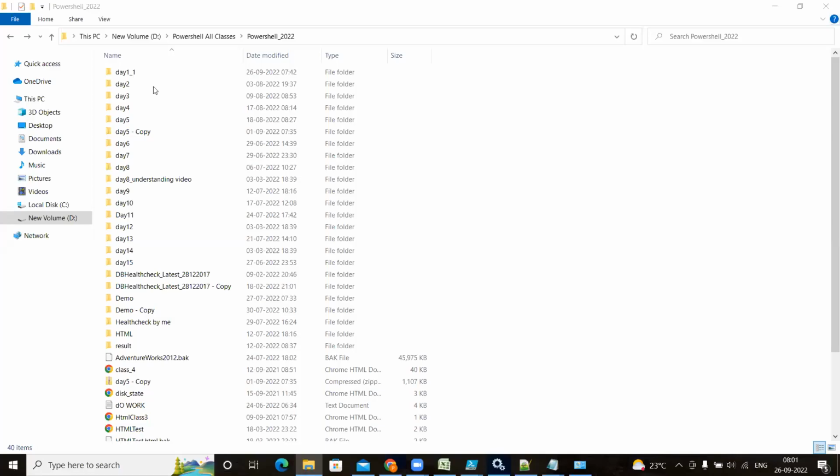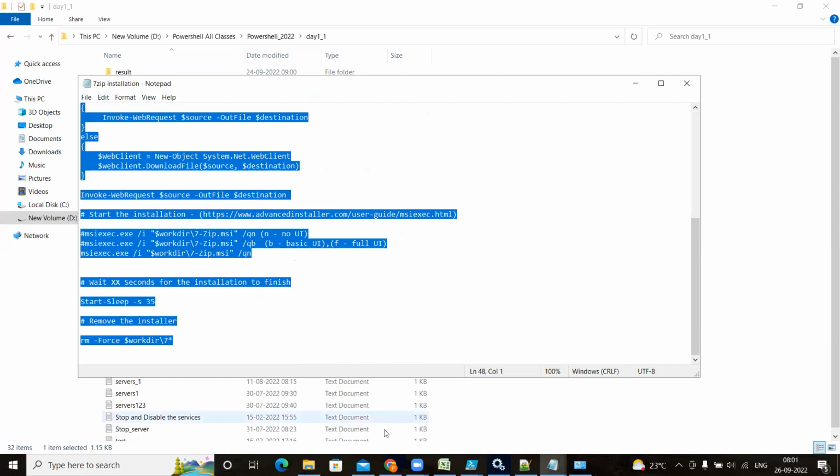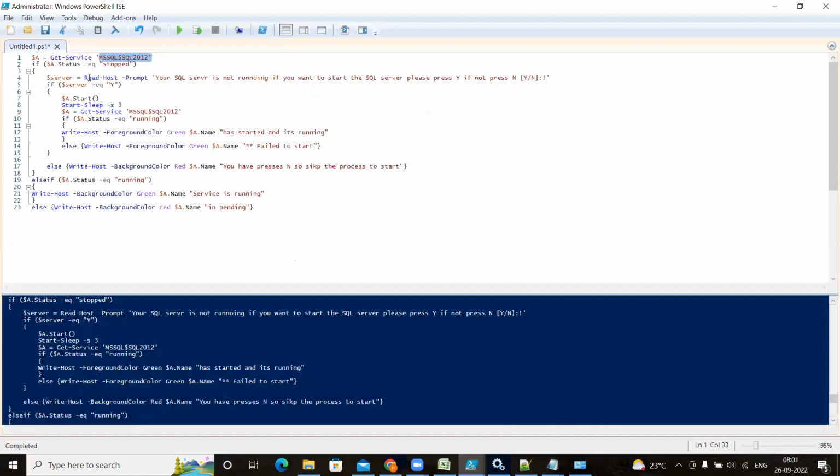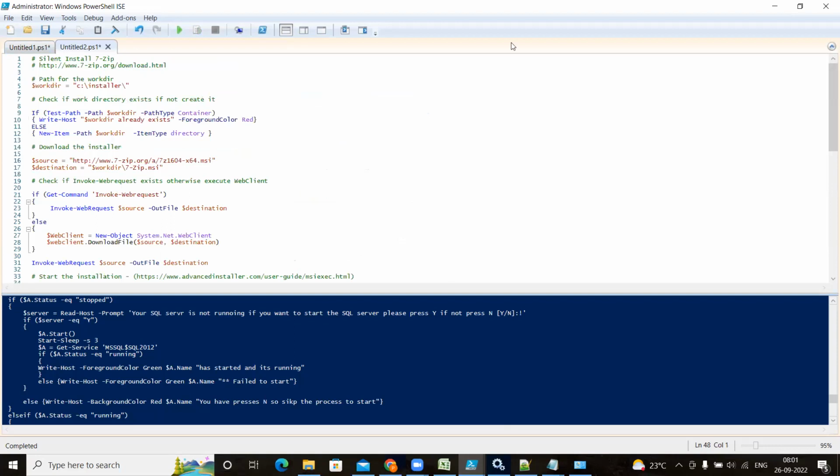Welcome to PowerShell for SQL Server DBA, day two class. It is a continuation of the day one class. Yesterday, where we left off, we are going to continue from those scripts. I'm taking this script and I'm going with this window. So what we have seen yesterday, we have gone through this command,